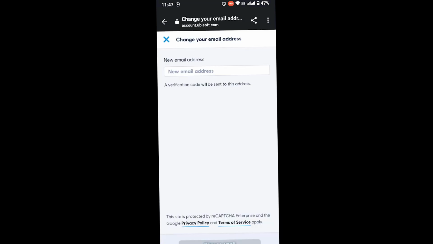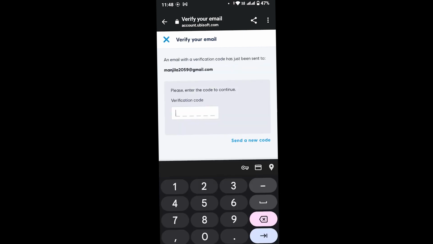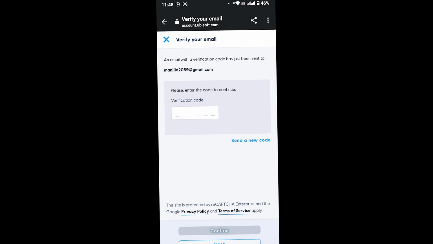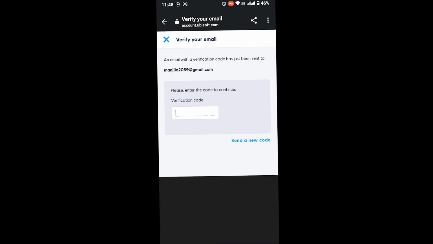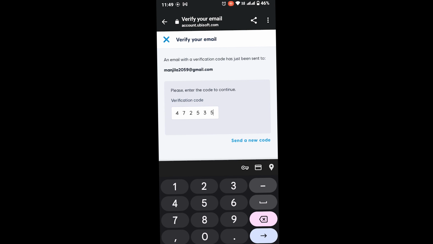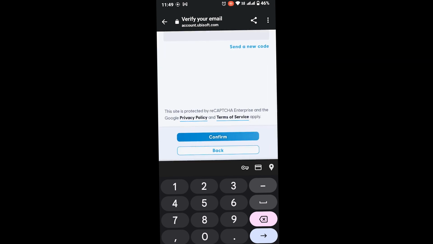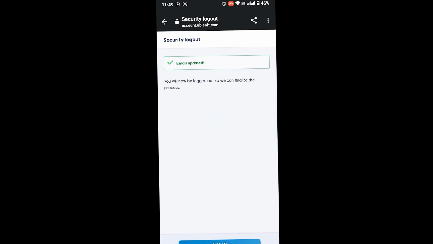This will redirect you to this page. Now provide your new email address. After that, just tap on change email. Now go back to the email that you have recently updated and check for the email. There you will get a verification code and make sure to type the correct verification code. Once you are done with that, again go ahead and tap on confirm, and in this way you have successfully